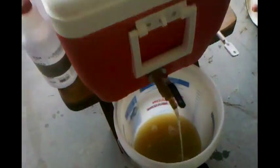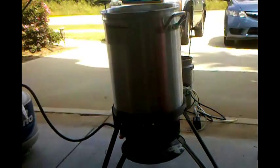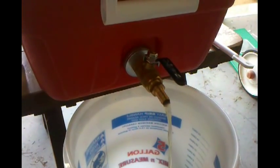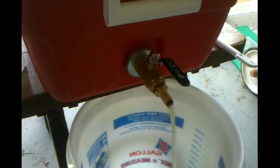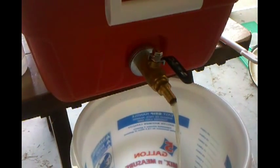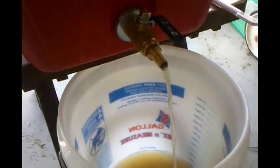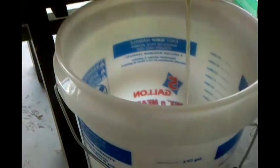Alright, the goal is 6 gallons total in there. So what I need, I got 2 gallons off the first runnings. I got 2.75 off the second running. So I need about 1.25 gallon off of this third running. And then I've already got this